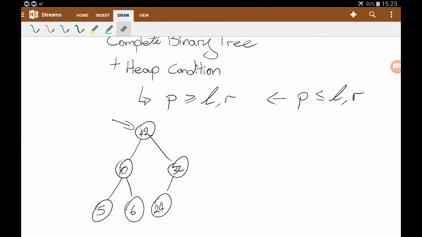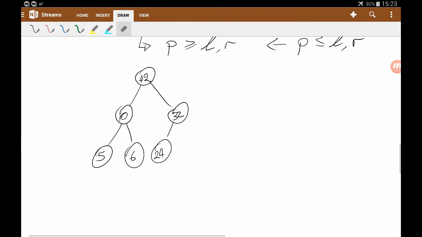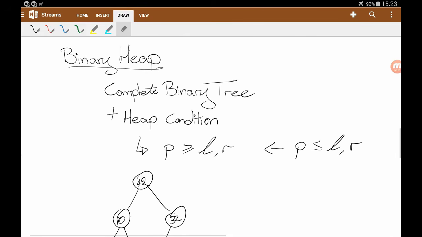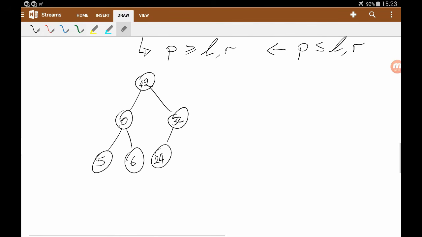Now it's important to note that this is a complete binary tree with a heap condition. It is not a binary search tree. So in this case, I happen to have drawn one, but it would also be perfectly valid to say that 6 and 5 go like that. Or even that